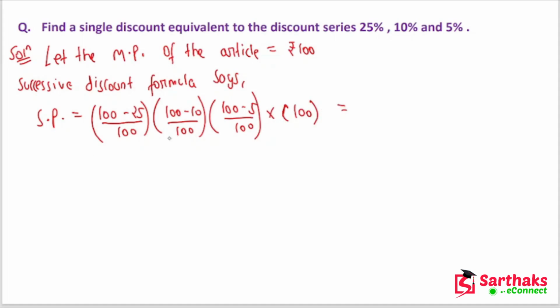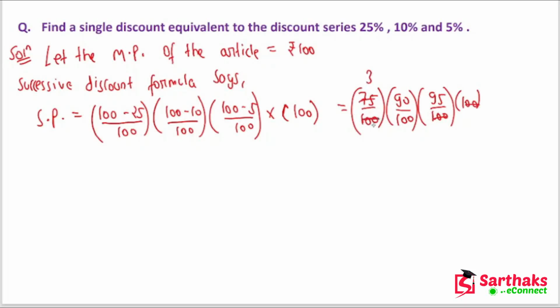So if we calculate them, if we cancel out the common products, we'll get 75 upon 100, okay, which is basically 3 by 4. Then after cancelling all these things, we will get 90 upon 100 and 95 upon 100 and finally 100. Okay, so if we try to cancel them out, 2 zeros will be cancelled out from here. If we divide by 25, it would be 3 upon 4. 1 zero would go over there. Okay, and if we divide by 5, it would be 19. This would be 2, right? So the selling price comes out to be 19 into 9 and into 3. So 19 into 27. So 27 into 90 would be 540 minus 27, that is 513, whole upon 4 into 2, that is 8. So the final selling price comes out to be